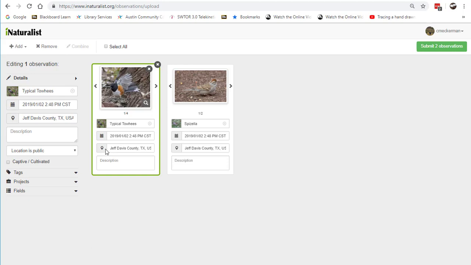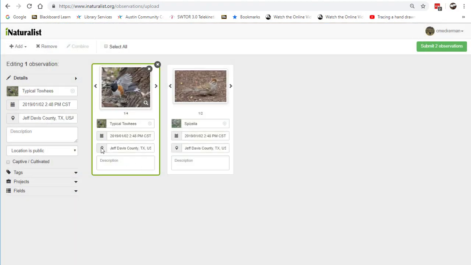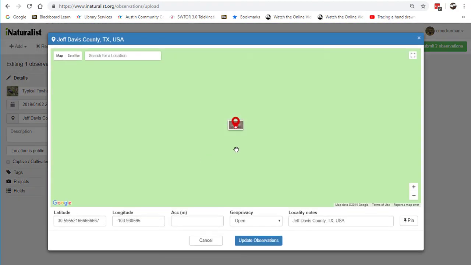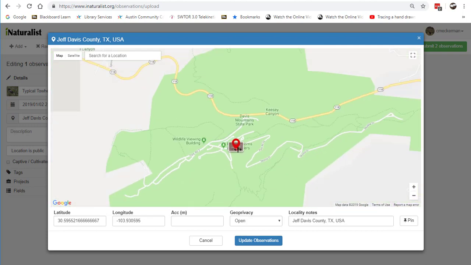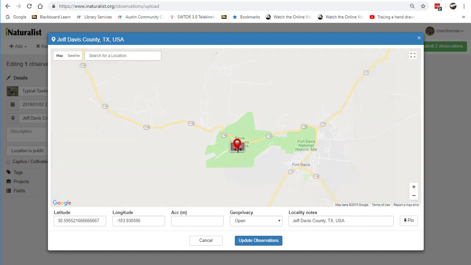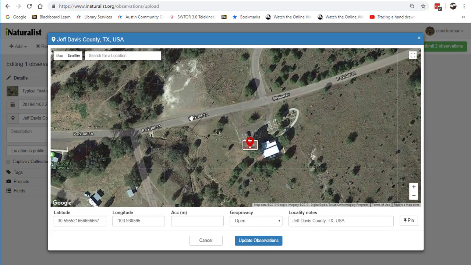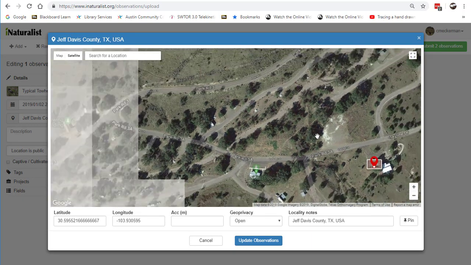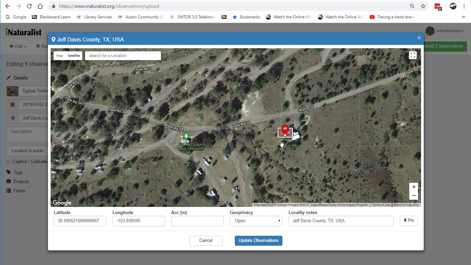More importantly is the location. Now, I'm going to click on this little location, and it'll take me to where it took the picture. Now I'm going to have to zoom out here. I'm zooming out. And I know I took this at Fort Davis. Now I can look at a map like this, but you can also look at the satellite image of it too. For instance, I know I took this picture at the bird watching station, and that bird watching station was right here. So my current location, and this happens because of cell phone data,